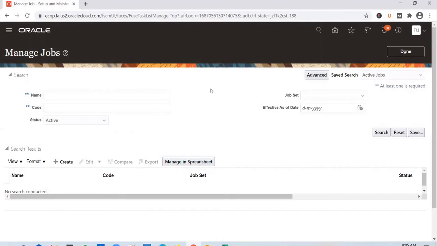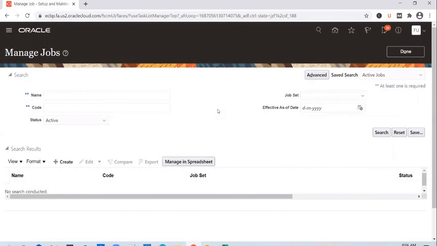Which means if you want to load in the jobs, you need not go through the HCM data loader process. In case it's only a few jobs that you want to load, you could have directly managed it with the spreadsheet upload. The benefit with spreadsheet upload is that you just download the template, fill in the data, and load it in. You don't need to go through that grind of preparing a data file in HCM data loader format. All that effort can be saved by using a spreadsheet, but this will not work in case the data volume is quite high.